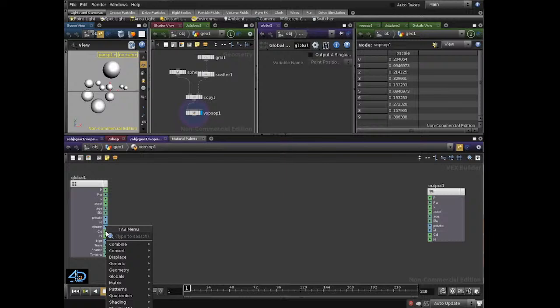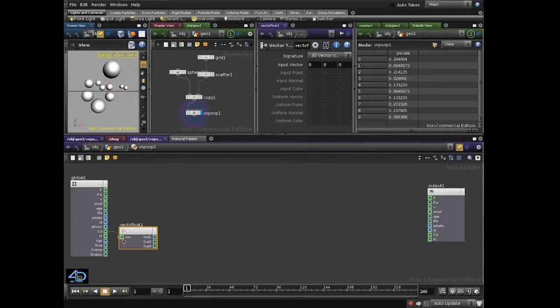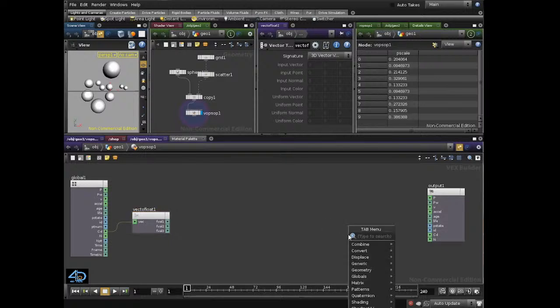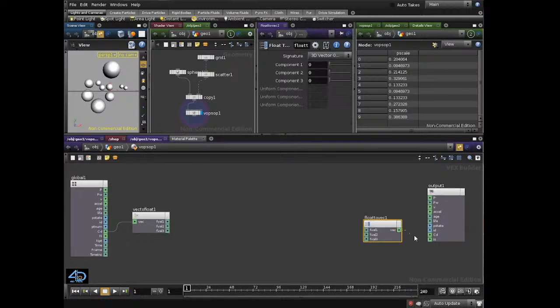And we do that often with, there's a lot of adapter nodes here. And I'm just going to type in vector to float, drop that out. And you see that I can connect this up and it breaks out my colors here. This one would be red, this one would be green, and this one would be blue. And I can go over here to the other end and I can go float to vector and I can drop that in here